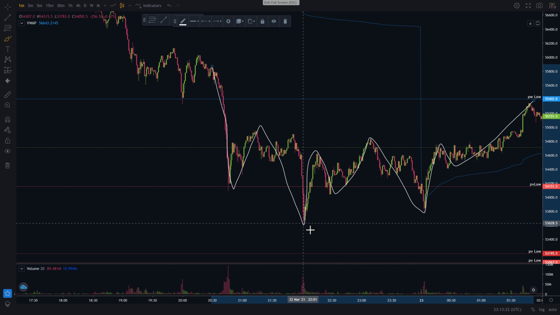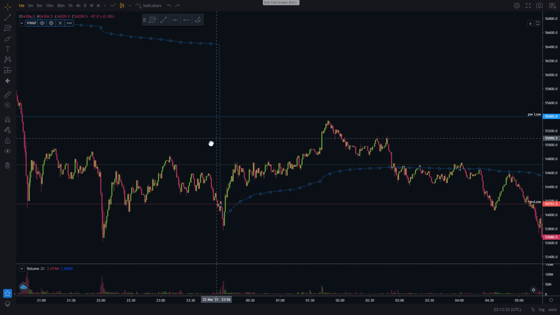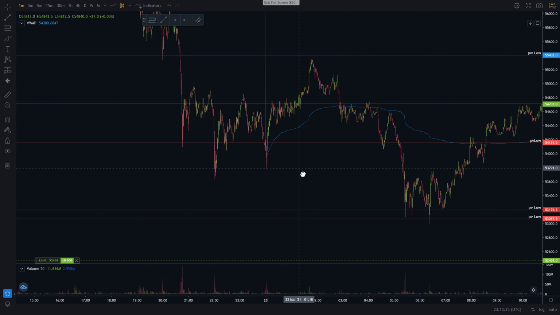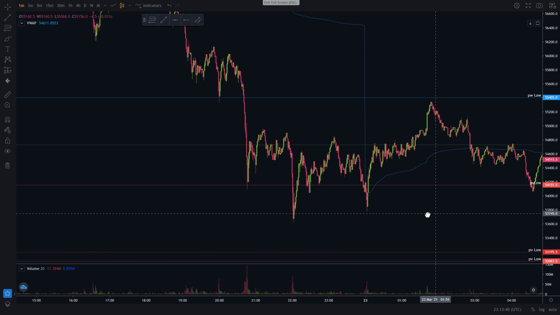Okay, so this was the lowest point, and now you have higher high, higher high. This was the lower high, but never mind, it was going sideways, and now another higher high. So structure changed, and I can tell you the market went up since then. Okay, so it didn't go up,